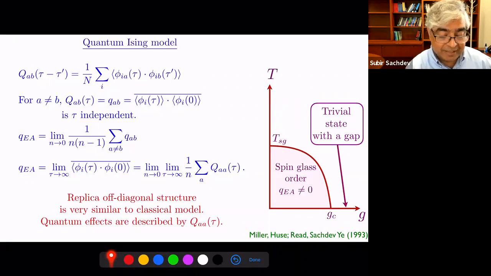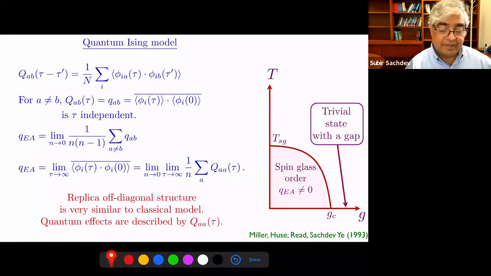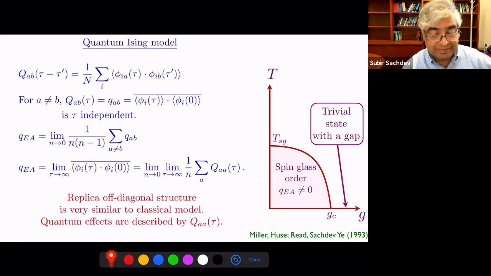But you also have the diagonal components, which is this function q of tau. And so now you have a quantum handle on this correlation, on this Edwards-Anderson order parameter. It's given by the long time limit of this function at 0 temperature. So there's two different ways of getting it, and they both have to agree. And that's another consistency check on the whole theory, that it all does agree. And yeah, so the whole formalism makes sense, and the simple phase diagram is fine.